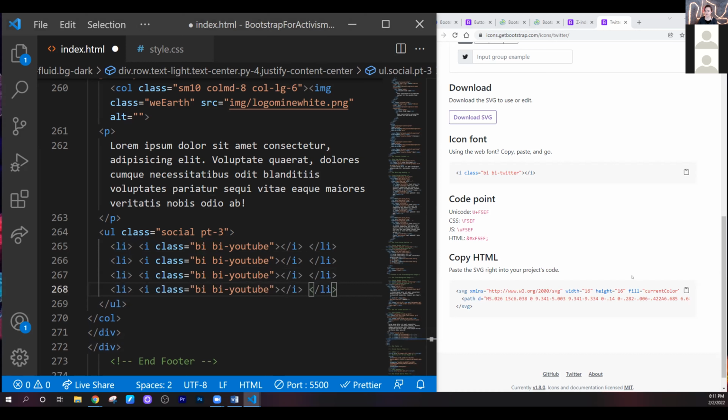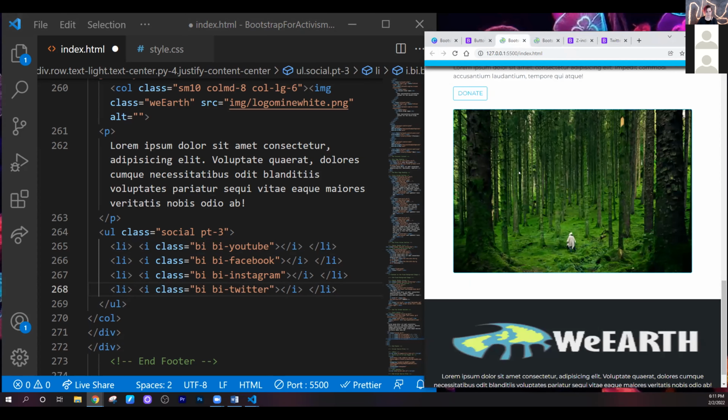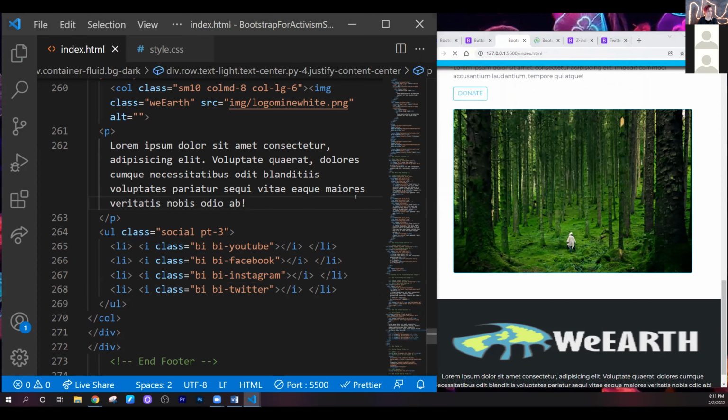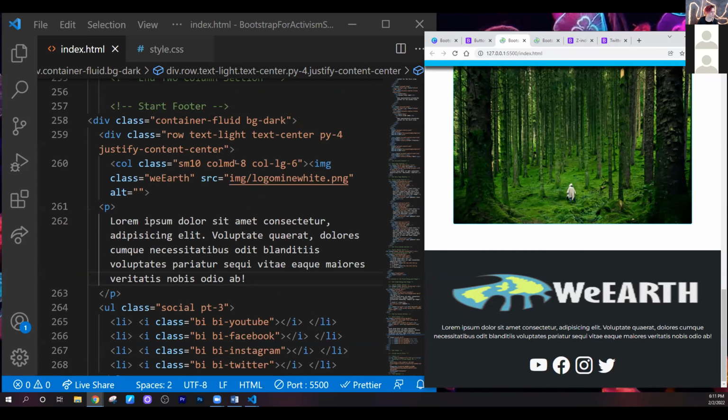And then for each one, you can change this word right here to Facebook, Instagram, and so on. Right, so if we scroll down, we have our fancy little icons. I am very concerned as to why the